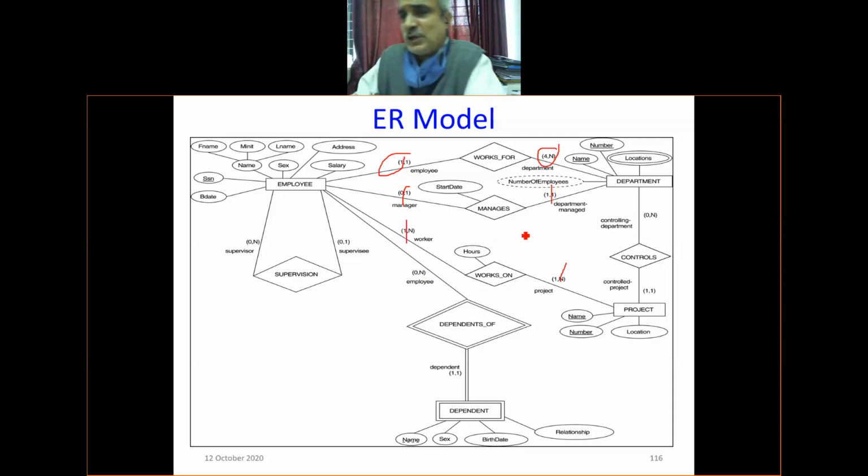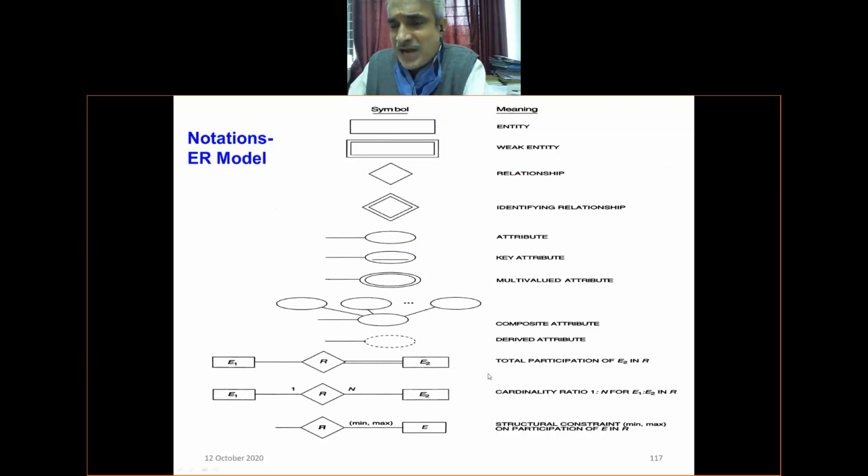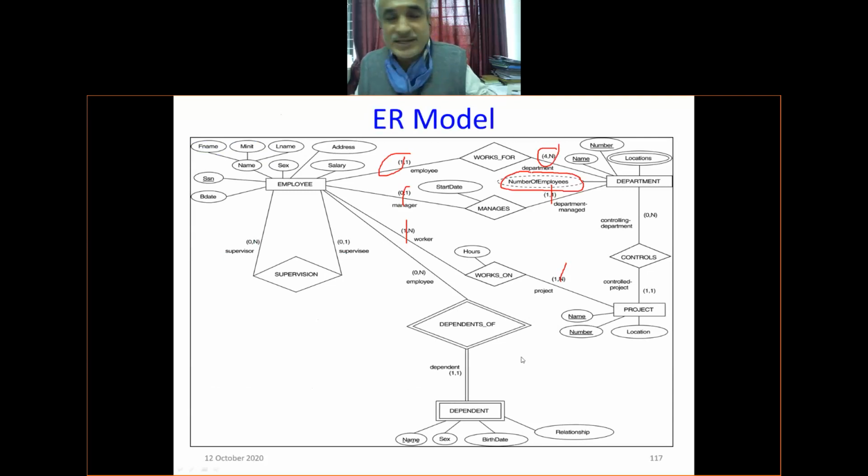And just out of curiosity, whether your learning is all right or not, this dotted oval you are seeing here, no? It is called, what is it called? Derived attributes, right? What's the meaning of that? Ashish, Arpita, the floor is open for all. Anybody can unmute and answer me, but coordinated by these two people. What's the meaning of this? It is a derived attribute.